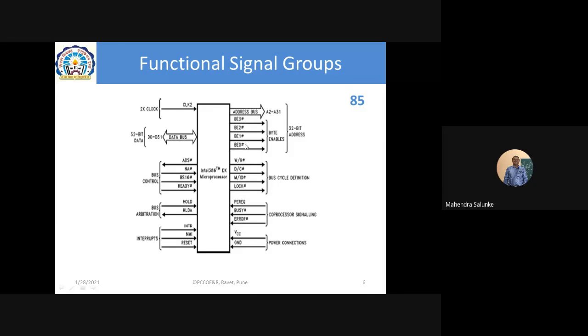So along with BE0 bar, BE1 bar will also be low. If the data transfer requirement is 32 bit, for 32 bit we need 4 byte enabled signals. And as I told you, if the lower 2 bits of the address are 0 0, then BE0 bar will be low. In addition to that, all these 4 byte enabled signals will be low. So depending on the operand size, your processor will decide how many byte enabled signals are to be made low,